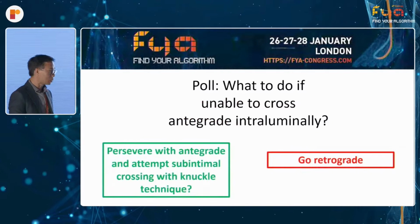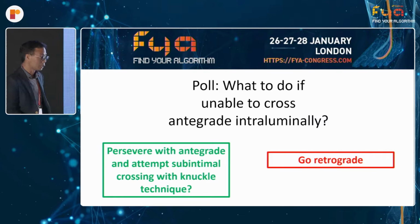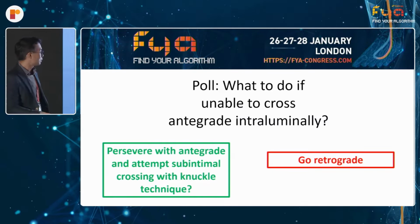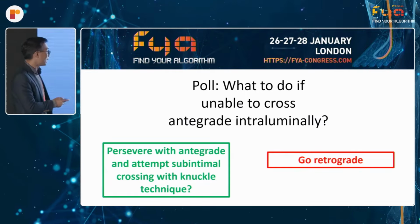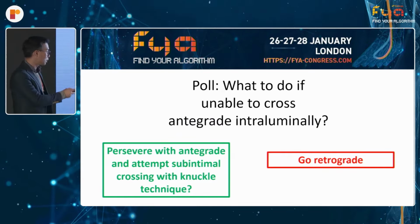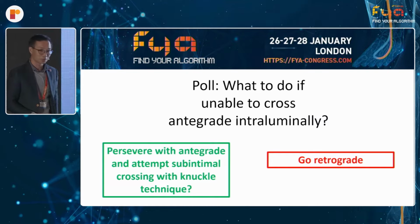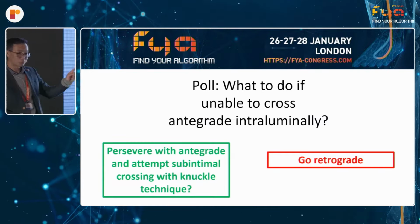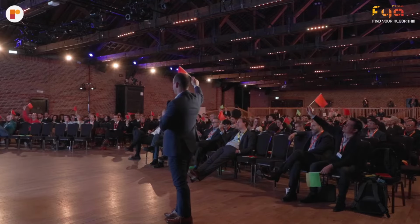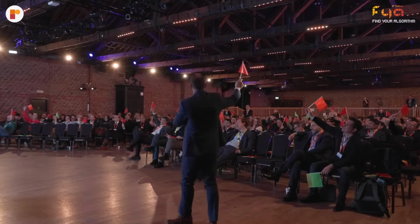So that comes to the next poll question. If this were to happen in your case, and it's a very common scenario, I'm sure, you don't always go intraluminally. What do you do in this case if you're unable to cross antegrade intraluminally? Do you persevere with antegrade using the knuckle technique and complete it with subintimal crossing? Or do you go retrograde? Red for retrograde, green for persevere with antegrade. So I think we see... Don't be shy. I mean, if you want to raise...